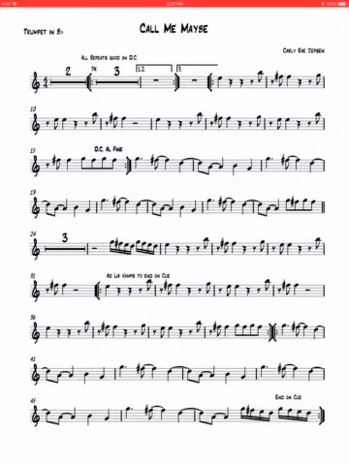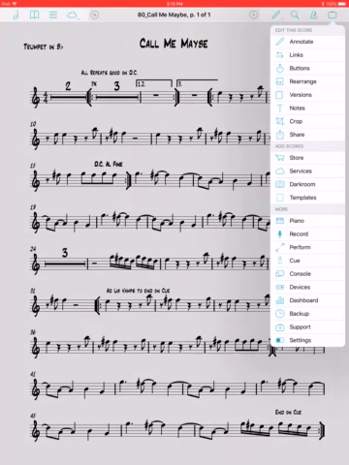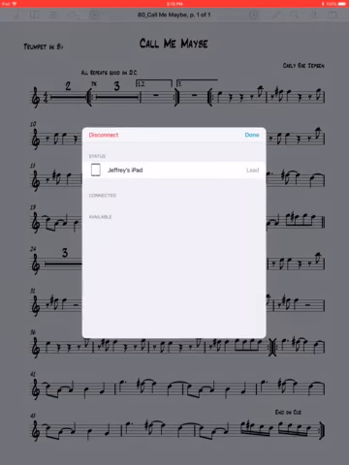Again, tapping in the center of the screen to get the menu at the top. This time we're going to be looking on the right-hand side. You look at the top at the little suitcase that's there. If I click the suitcase, you'll notice down towards the bottom there is the word Cue, and this one is already actually connected and set up,